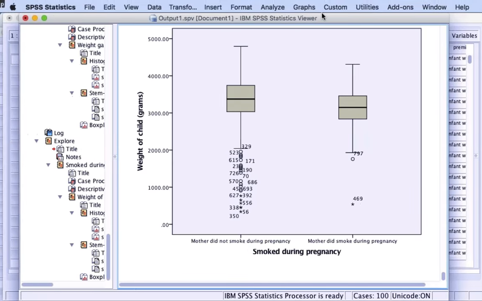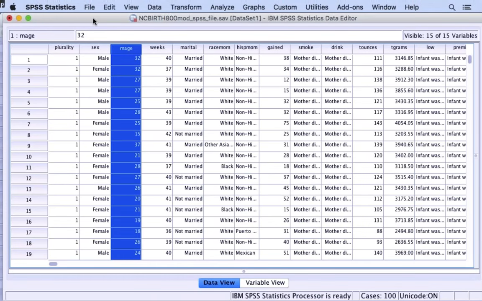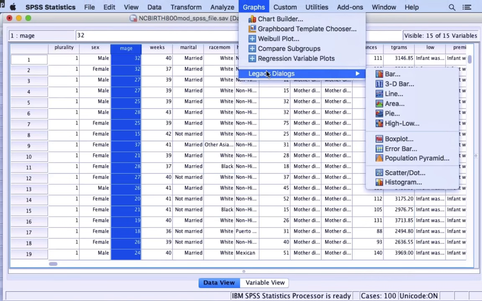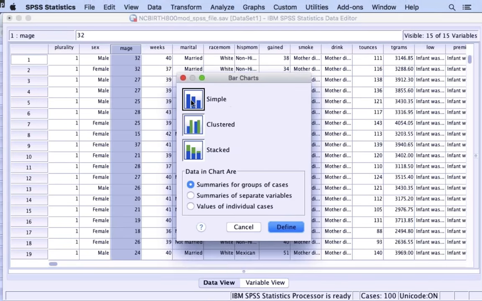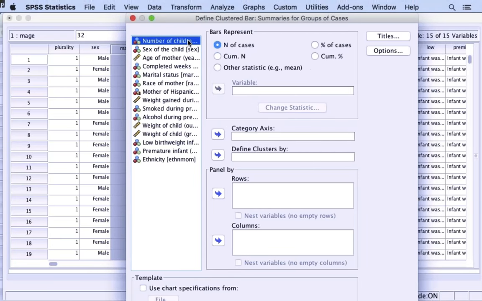All right. So we have a lot of other data that's over here that we can work with. Now, let's say that we have more than 2 cases. Okay, so let's take a look at that. Let's take a look at create a graph, and let's say we want to create. I'm going to go back to our bar chart for variables. I'm going to say clustered this time. See if it'll work with this. And I'm going to define it, and I'm going to say that we want to work with